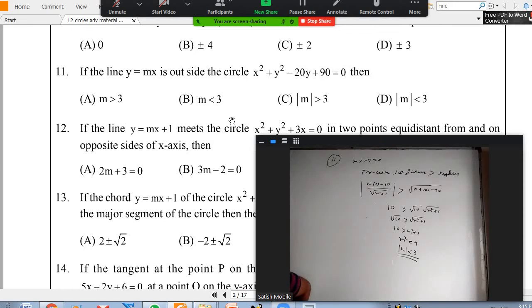By the way, this is a single answer question. We are putting option D, but option B is also correct. Am I right or wrong? Yes, sir. One may say m less than 3 contains minus 5, minus 9. They may contain, but we are not saying it written all those values. We are saying what are the values of m satisfying the question, and they will satisfy option B also. So if there is more than one answer, we should put B and D both. Even though D is a complete answer, option B is a superset of that. That is also an answer.